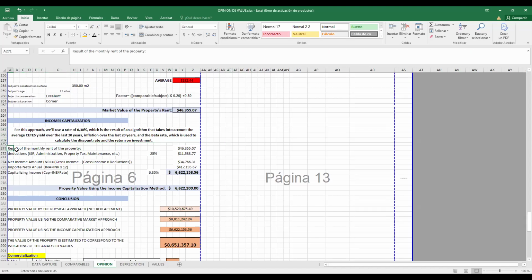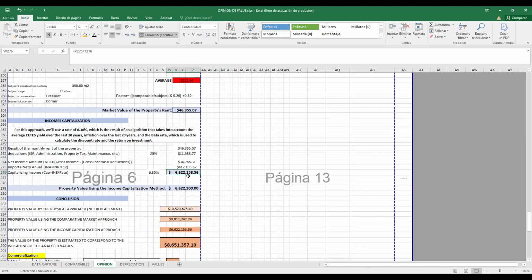So the monthly rent of the property is 4,600,000, and the deduction is 20%. So these are the deductions. This is the net income amount, the annual net income, and capitalized by this percentage, the property is worth 6,622,153 pesos.